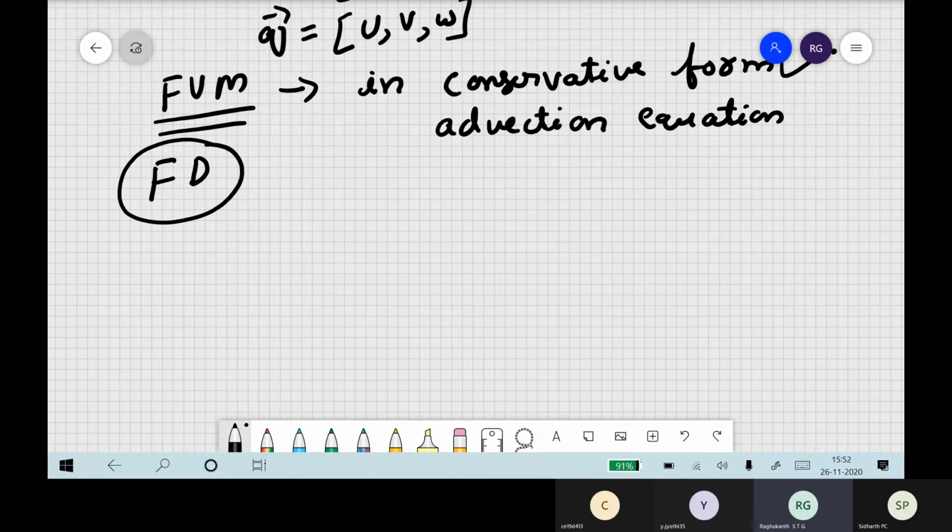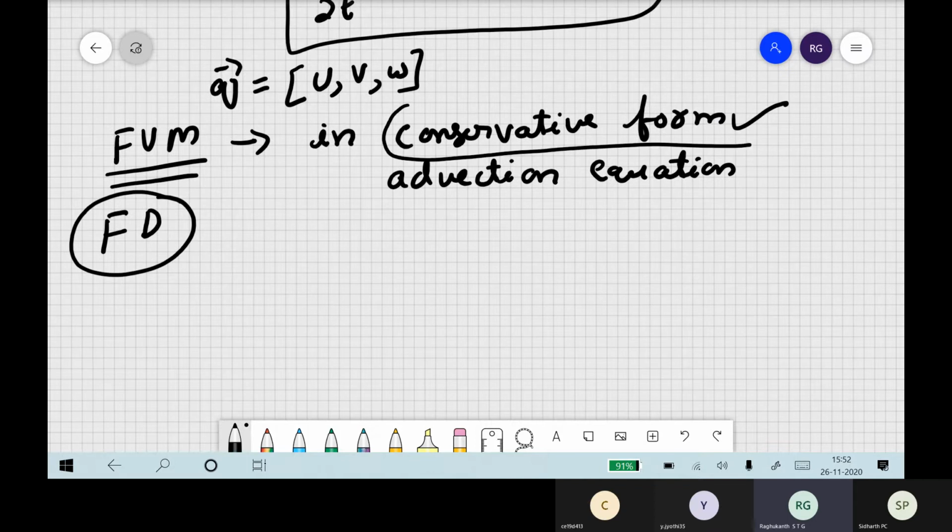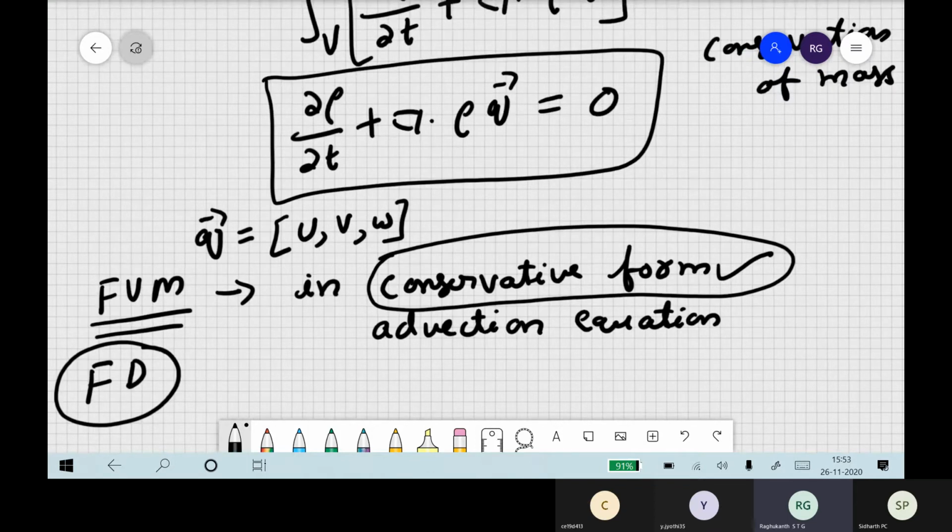And of course, when it came to FEM and the spectral method, you had only one form, simply the weak integral form, which we used. But in the finite volume method, what form does it want? You have to write your formulation in a conservative form. This is the crucial starting point. Whatever the wave equation, you have to write it in this format, like ∂ρ/∂t plus ∇·(ρq). If you are able to write your equations of motion this way, then the problem is solved. That is the most important thing in the finite volume method.